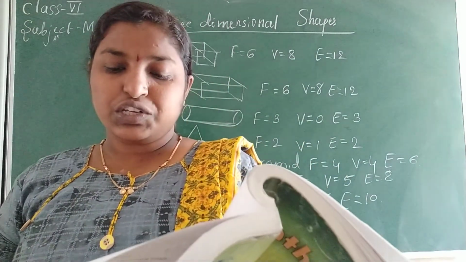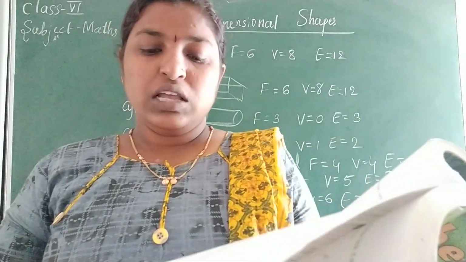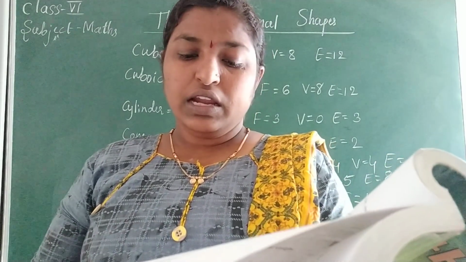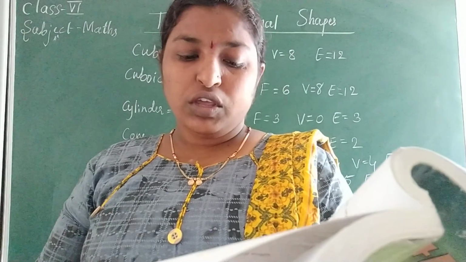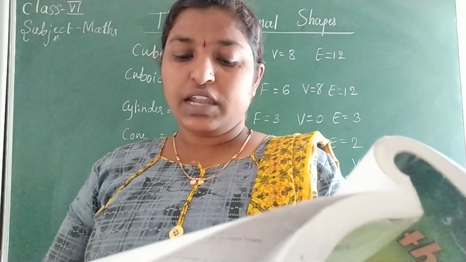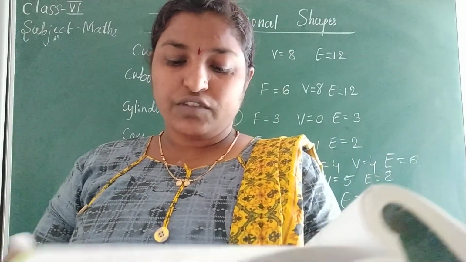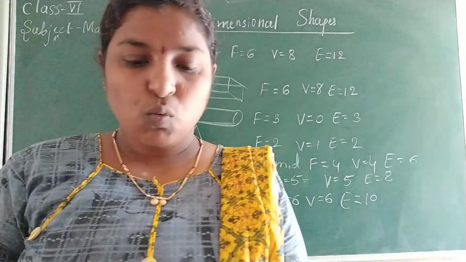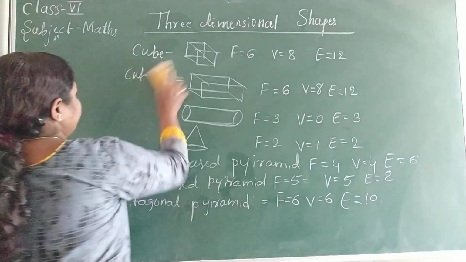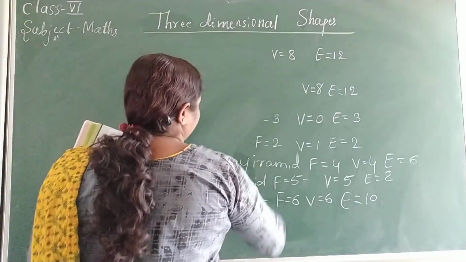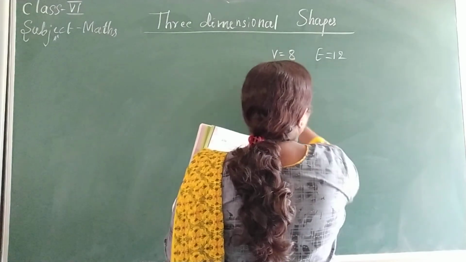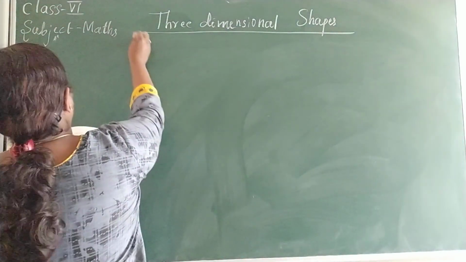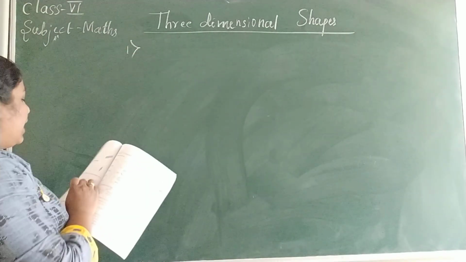A pyramid is a shape with a single base. The other faces are triangles. Here is a square pyramid. Its base is a square. Can you imagine a triangular pyramid? Attempt a rough sketch of it. We have done all these things. Now let's see page number 110. The first one they have done is the cuboid.